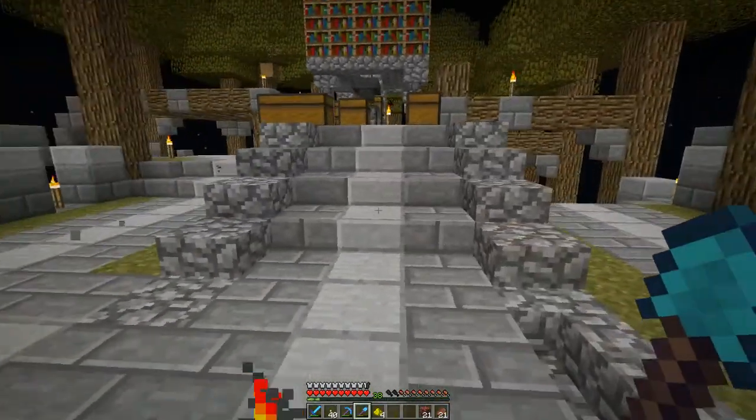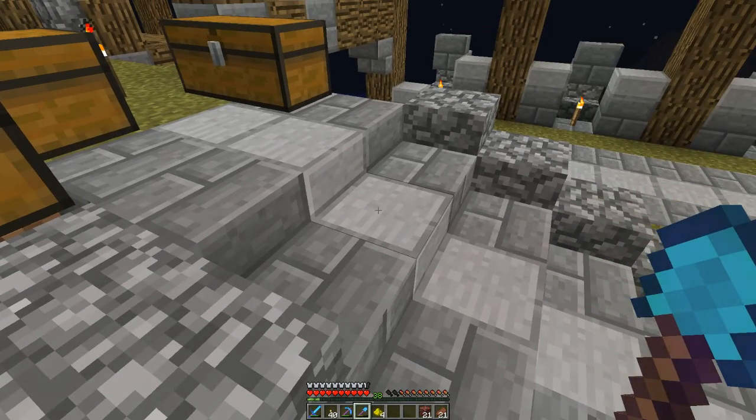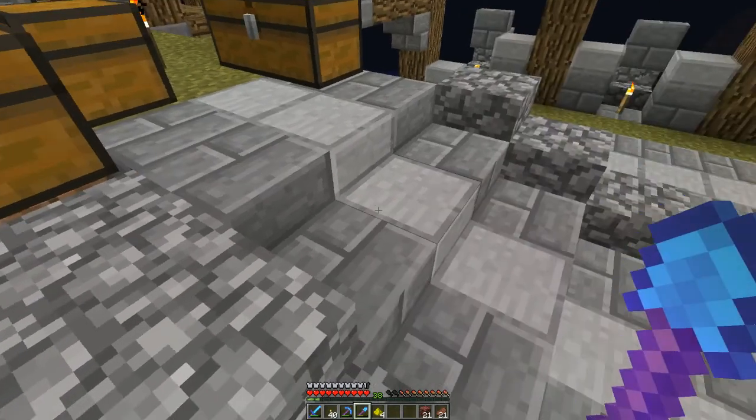And then as you can see here, we took out the mass, I guess, furnace type cooker things that we had here. There were like 4 furnaces. And we were smelting smooth stone, so...